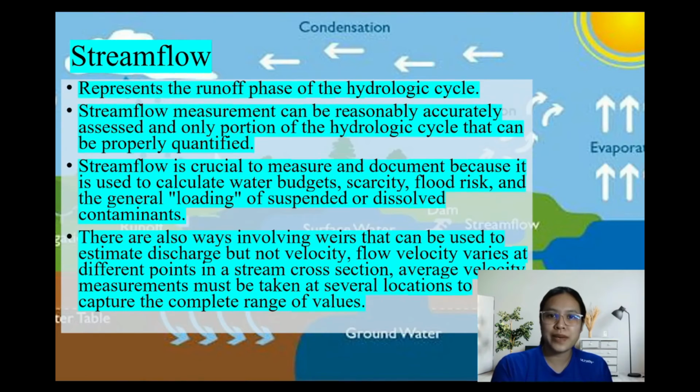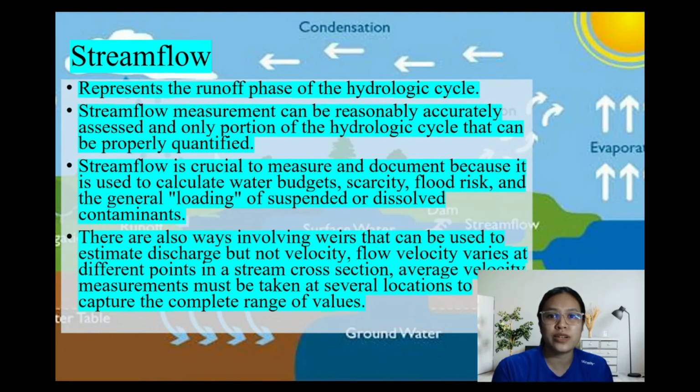The most significant basic data for hydrologic research is stream flow, which represents the runoff phase of the hydrologic cycle. Stream flow measurement, on the other hand, can be reasonably accurately assessed. Stream flow is the only portion of the hydrologic cycle that can be properly quantified. It is crucial to measure and document because it is used to calculate water budgets, scarcity, flood risk, and general